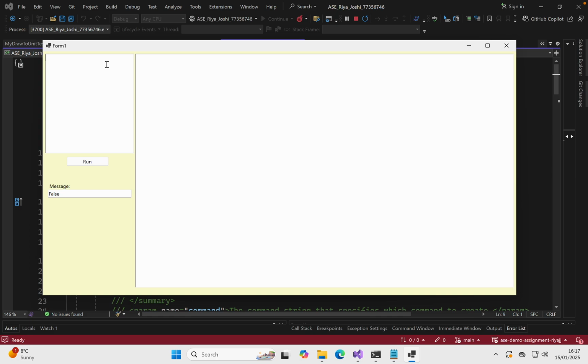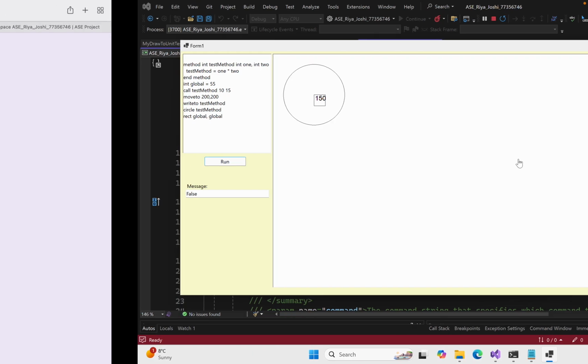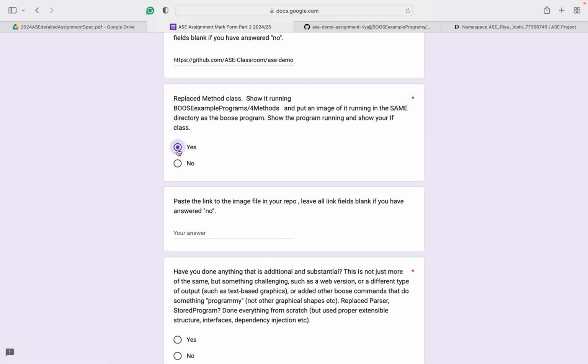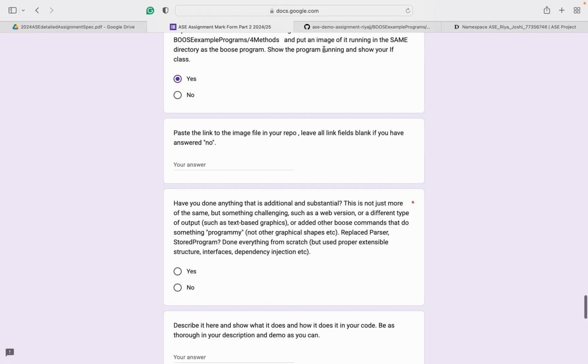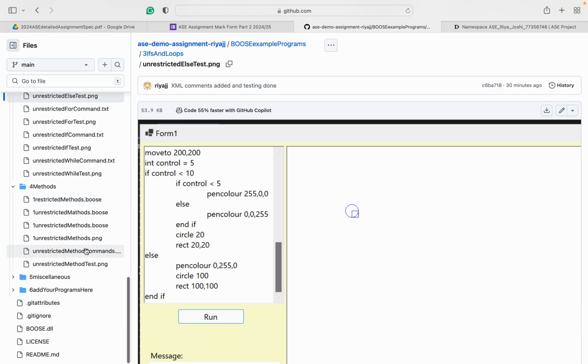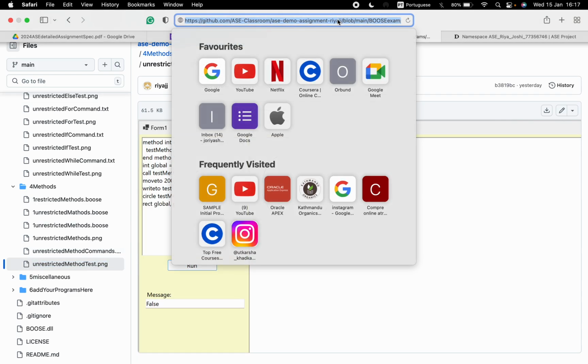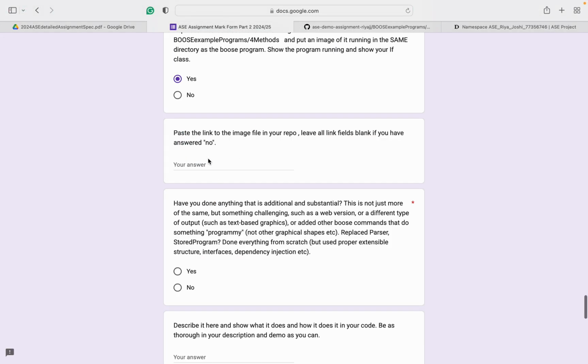When I run the code, this is the output that I get. So yes, the code is working. Now paste the image for the method, the unrestricted method test.png, and this is the image. Now I'm going to copy the link for this as well.